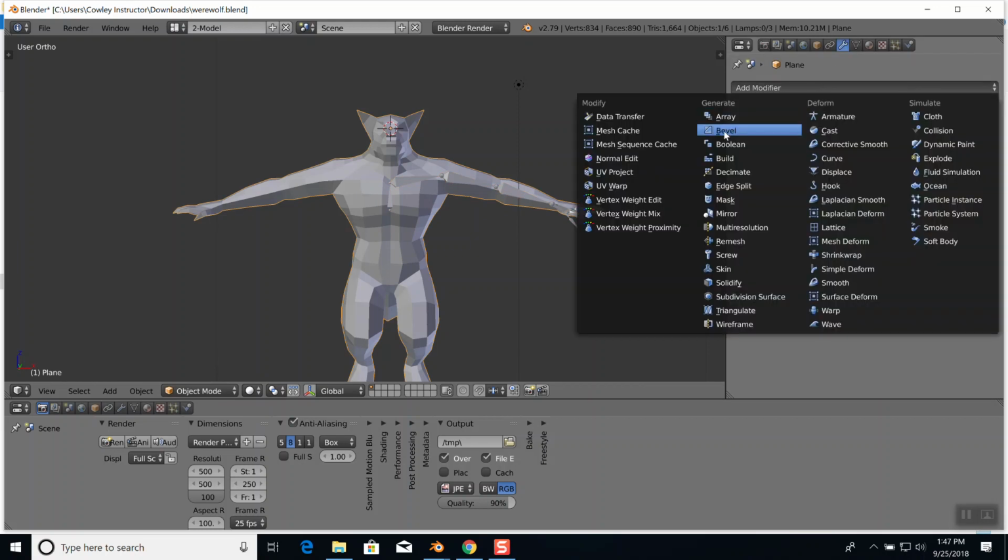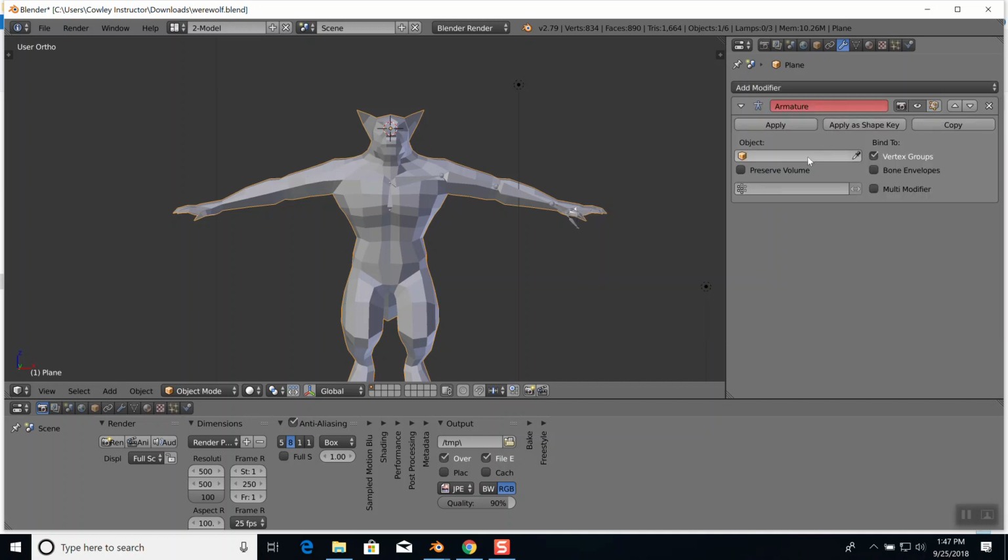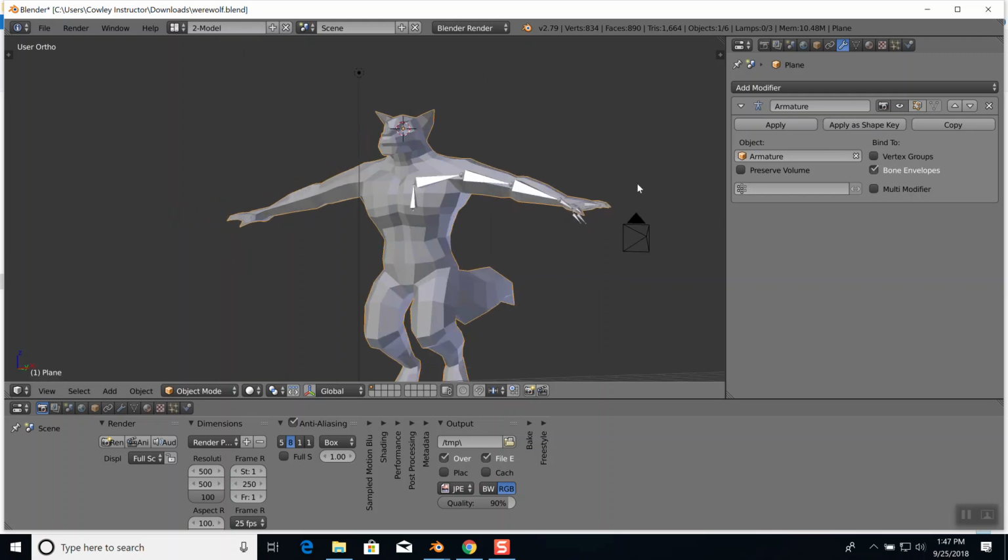I can choose add modifier and I can choose armature. Then in the object, I can choose the armature. This is maybe still not what we want though, because this is binding it by vertex groups. If I uncheck vertex groups and check bone envelopes,